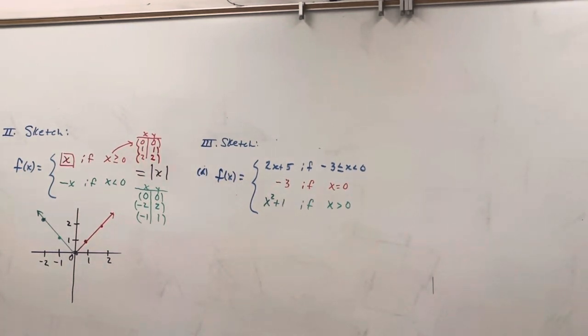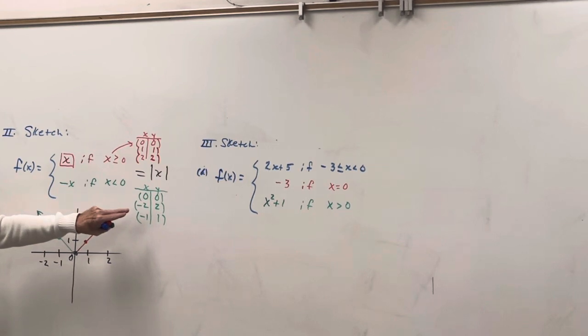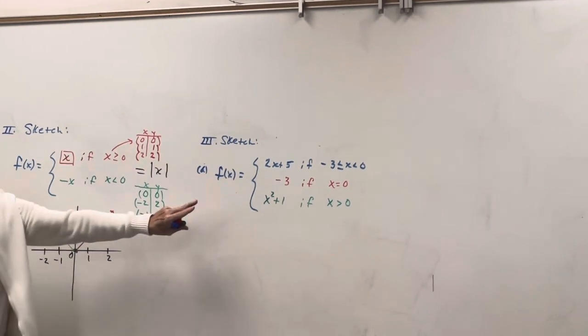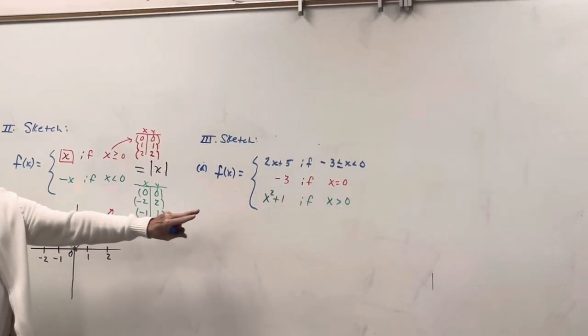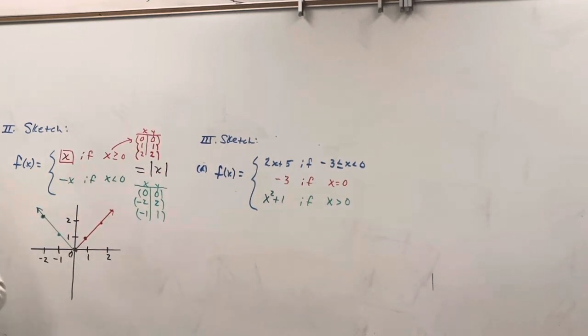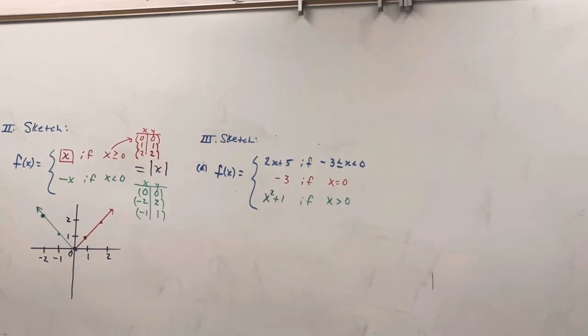Now, I don't think any student would tell me without graphing what this one looks like. One of my students quickly said, Professor, it's absolute value of x. I don't think you can tell here. We're going to actually go through each of those 3 pieces and see what this looks like. Guys, the first piece, before I jump into it, since I'm talking about pieces, it says 2x plus 5. Would that itself